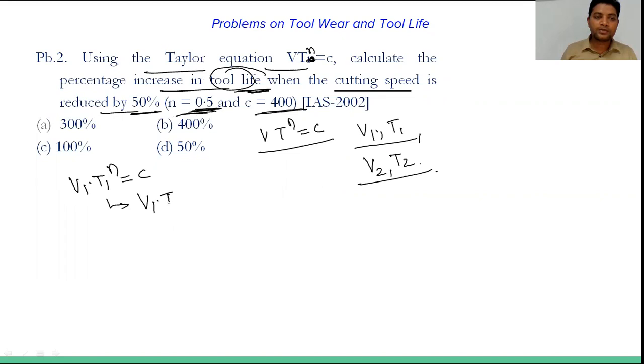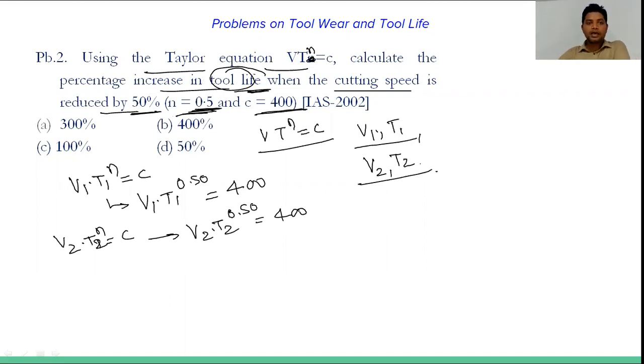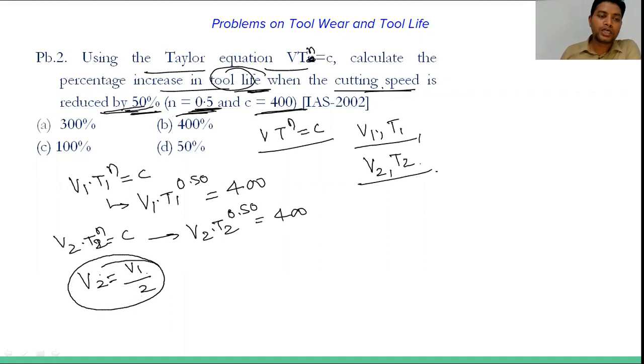अब n की वैल्यू भी कांस्टेंट है दोनों कंडीशंस के लिए और c की वैल्यू भी कांस्टेंट है, तो मैं इसको ऐसा लिख सकता हूं: V1 T1 raised to 0.50 equals 400। और सेकंड कंडीशन के लिए V2 T2 raised to n equals constant, सो दिस विल बिकम V2 into T2 raised to 0.50 equals 400। अब देखिए, आपको बोला है कि कटिंग स्पीड रिड्यूस्ड बाय 50% है। तो कटिंग स्पीड 50% हो जाता है, दैट इज V1 by 2 हो जाता है, मींस 100 by 50, सो दिस विल बी V2 equals V1 by 2।